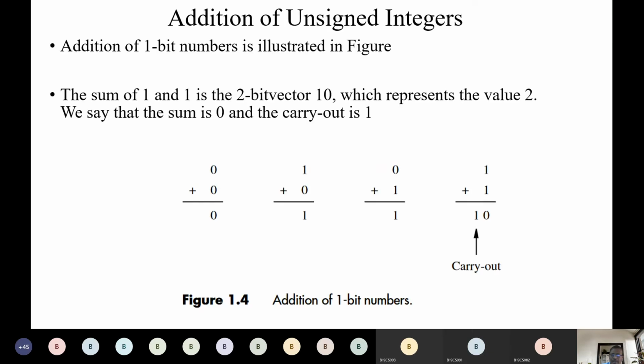So remember, the addition will be done from right to left. So there are only 2 bits here. But if you have multiple bits, the addition starts from the right and moves towards the left. And remember, the carry will carry out. It becomes a carry into other values, and it propagates the carry-outs as carry-ins to other positions. Okay.